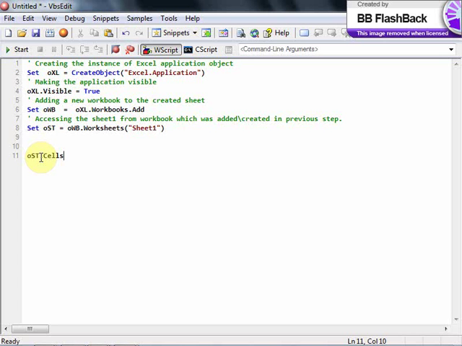Cells is used to access the cells inside the sheet; you have to specify the row number and column number. So sheet dot cells of row number comma column number. Remember, the first one always refers to the row, and the second one always refers to the column. Row number comma column number dot value, to set the value inside it, equal to